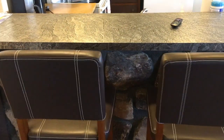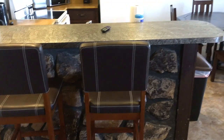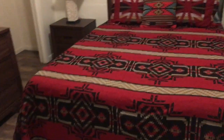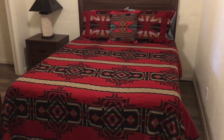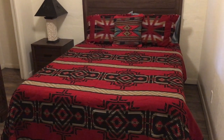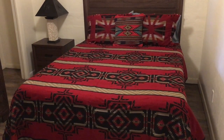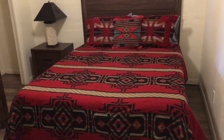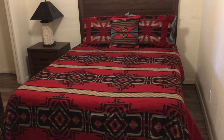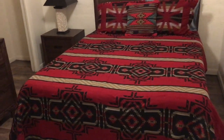I like these bar stools. This one's going to sleep 8 at some point in the near future. The bedding here is from El Paso Saddle Blanket, which is a really well-known place in El Paso. But you can't go in anymore just as a customer. It's only wholesaling. And so there's a place called Casa del Sol in Tularosa where we get a lot of